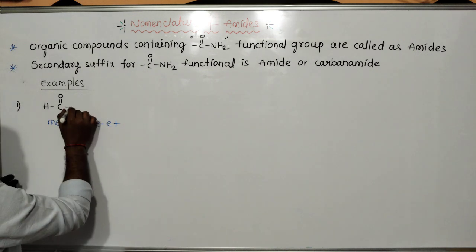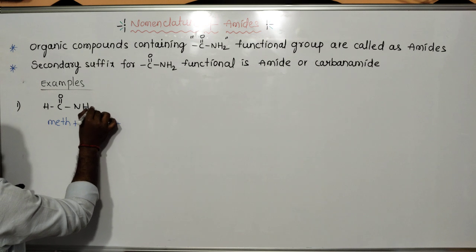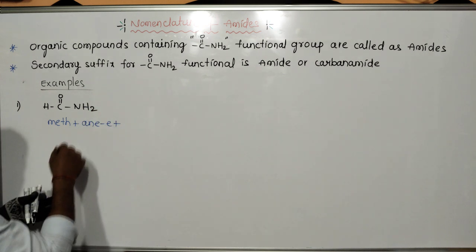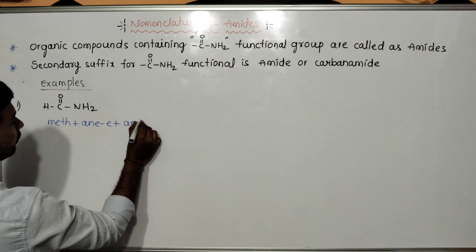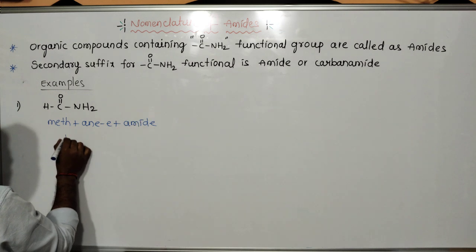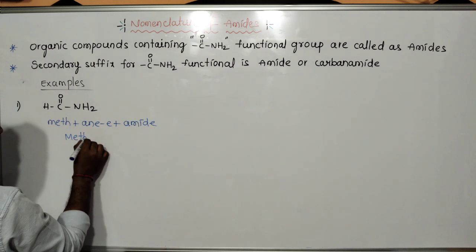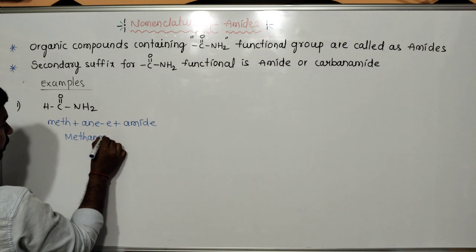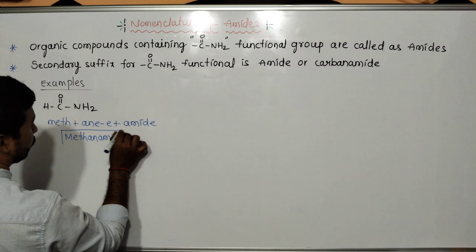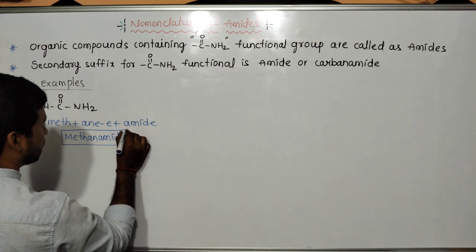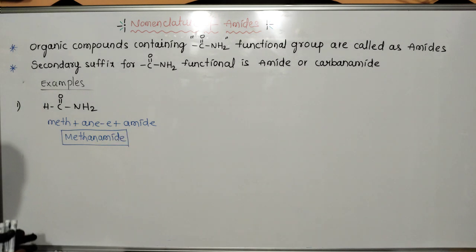So NH2, HCONH2. Due to the presence of the CONH2 functional group, I am writing amide. So total meth plus an plus amide, methanamide. Methanamide is the IUPAC name of this molecule. Next, second